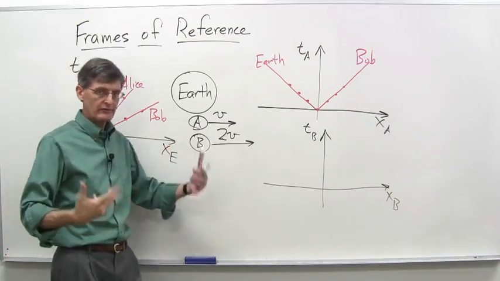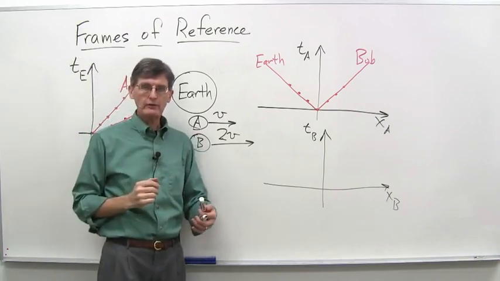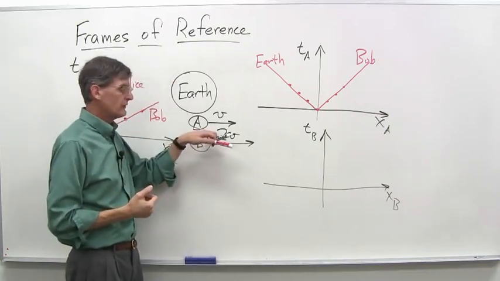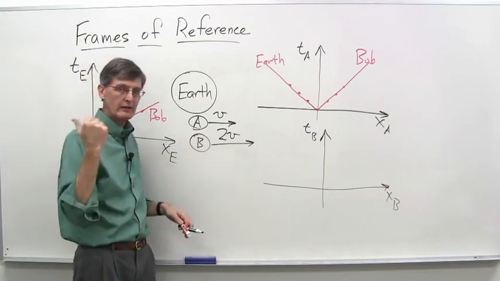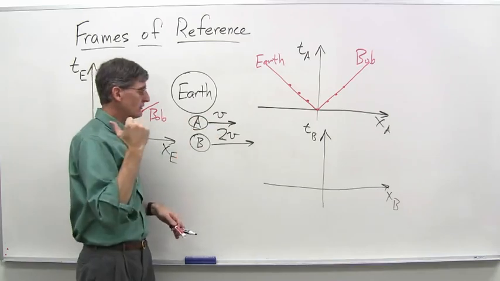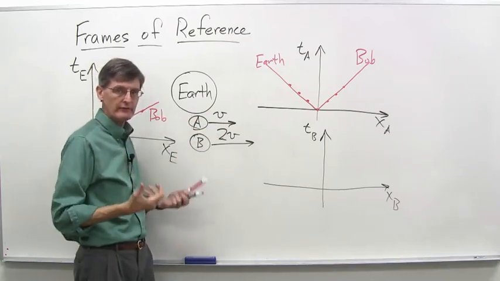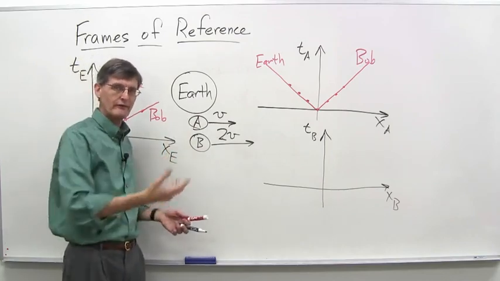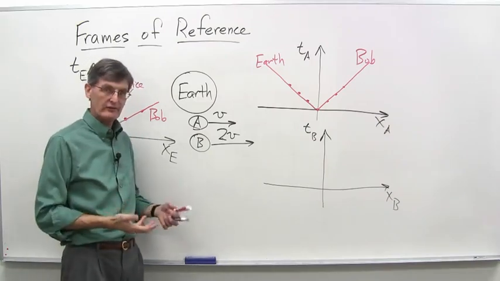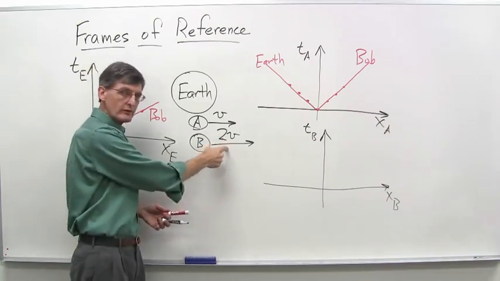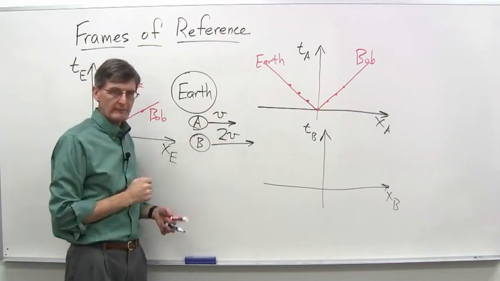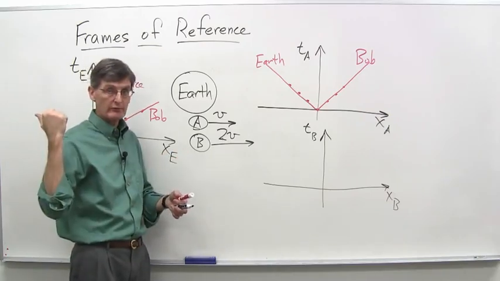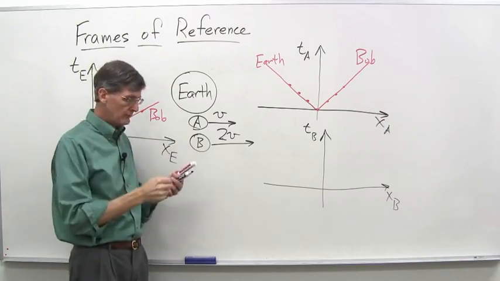So from his perspective, just sitting in his cockpit, he sees Earth receding in the distance backwards at 2v. And what about Alice? Well, he sees her receding behind him. Remember, he's going faster than she is. So he sees her receding by him at a velocity v. So again, for our example, take a ridiculously small velocity, say 30 meters per second. If Bob is going 30 meters per second, Alice is going 15 meters per second. So he'll see Earth going backwards at 30 meters per second and Alice going backwards at 15 meters per second,